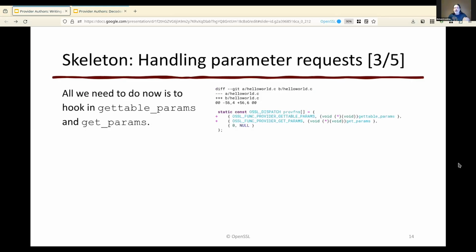And the final thing to do in the provider is to fill in the provider-wide functions. And this very little diff shows how that's done. We're connecting the identity OSSL_FUNC_provider_gettable_params to the gettable_params function, and the same with get_params. There's one thing in here that looks a little curious, and it's the cast. And this is because C is C